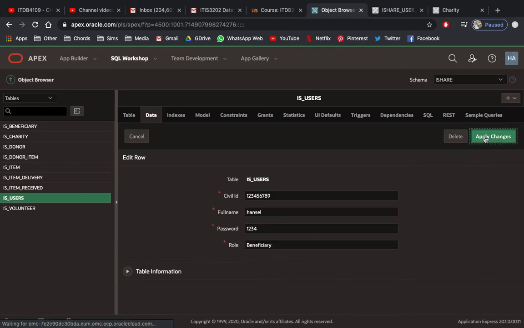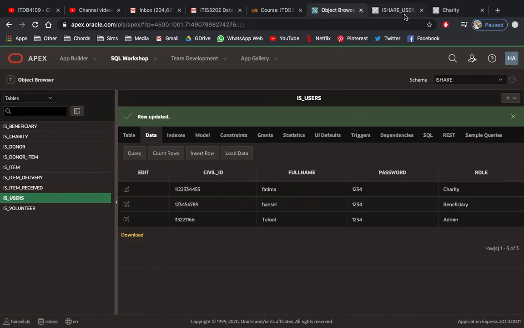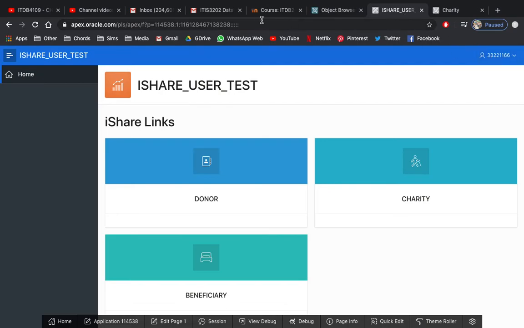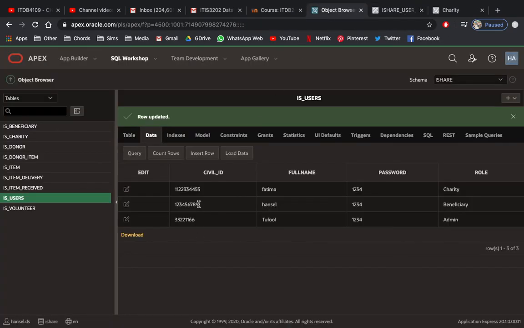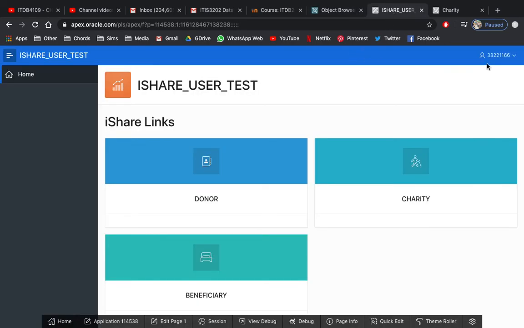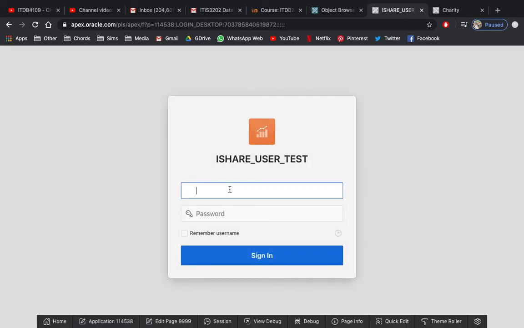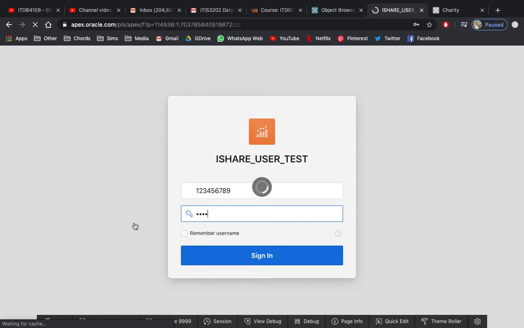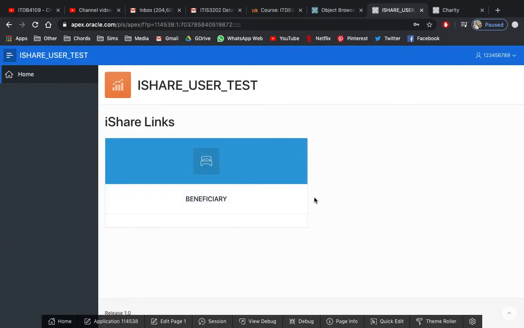Alright, so just apply that one. Alright, okay, let me log in once again. Okay, by the way, what's my civil ID? Up to 9. Alright, log into my civil ID, and this time we're expecting that the shortcut beneficiary should only appear on my home page. And there you go. So this time you have seen how we created a customized authorization along with the access